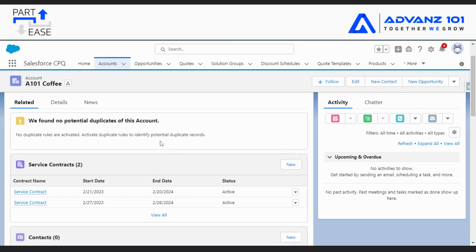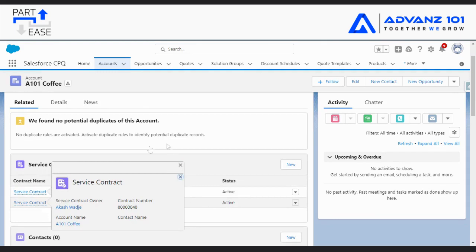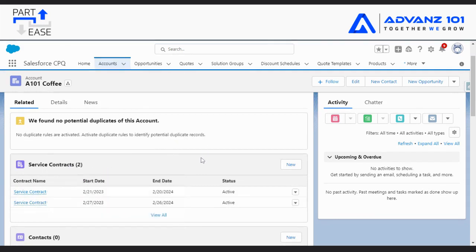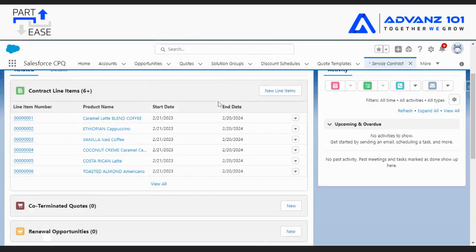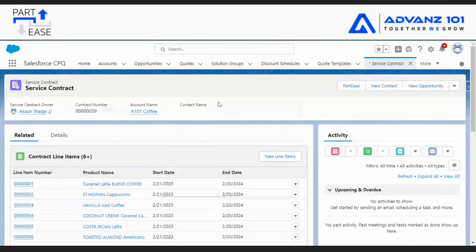As you can see, I have opened an account record in which we have two service contracts and we want to renew some lines from both the service contracts. So first of all, we will go to the service contract record. As you can see, I have opened a service contract record, and from here we have to click on PartEase